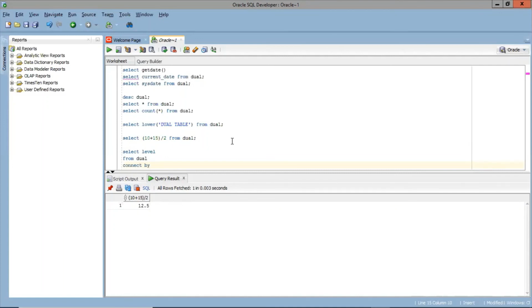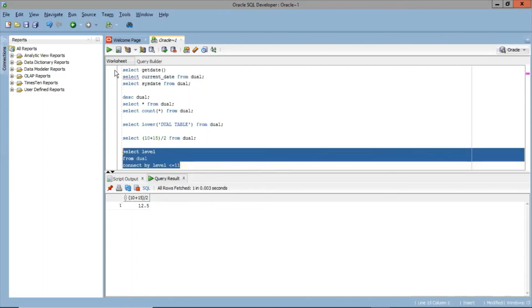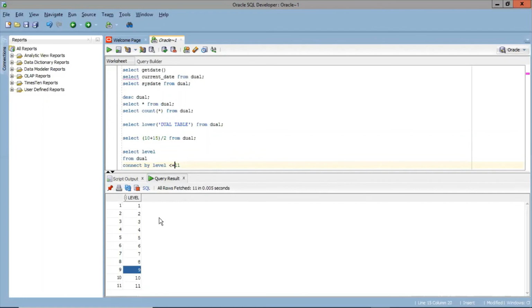Connect by level less than or equal to 11. This generated 11 numbers in sequence. I did that by using the dual table. Yeah, that's it.